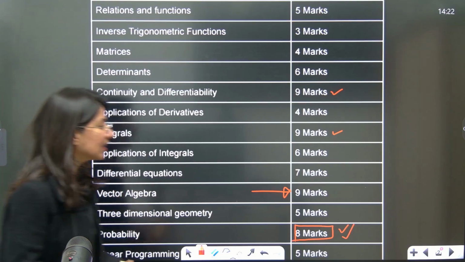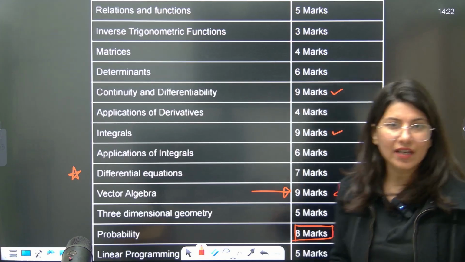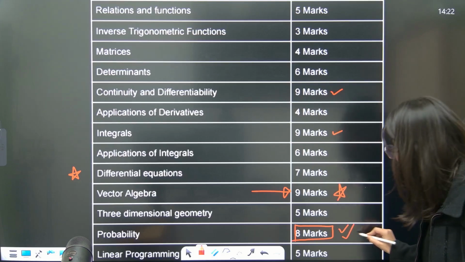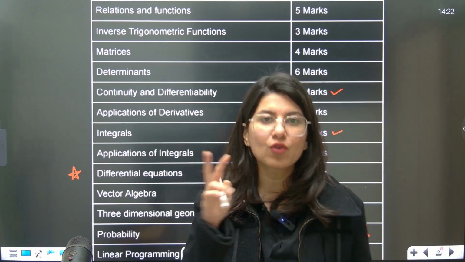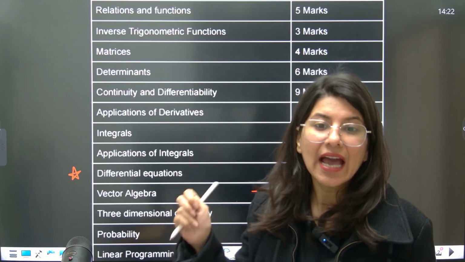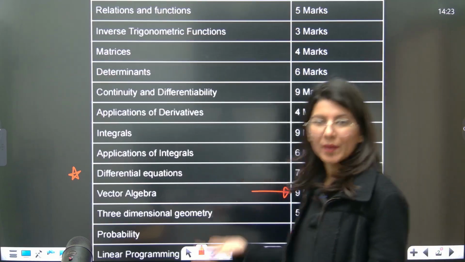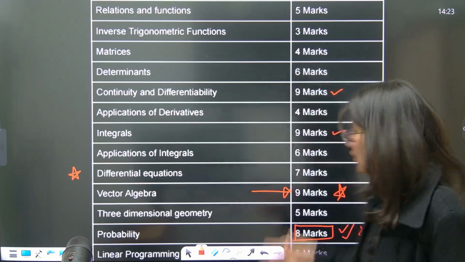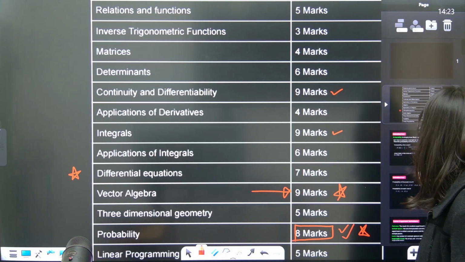Then we have vector algebra. I think this is the most real high weighted chapter, because again, no prerequisite are required in vector algebra. Then we have probability. Okay, so this is again the second best chapter which you should focus on. So top 2 chapters if you want to focus on is probability and vector algebra. Okay, because no prerequisite are required, number 1 point, and high weightage is there. Okay, just 2 chapters and 9 plus 8, you can see 17 marks in your pocket.